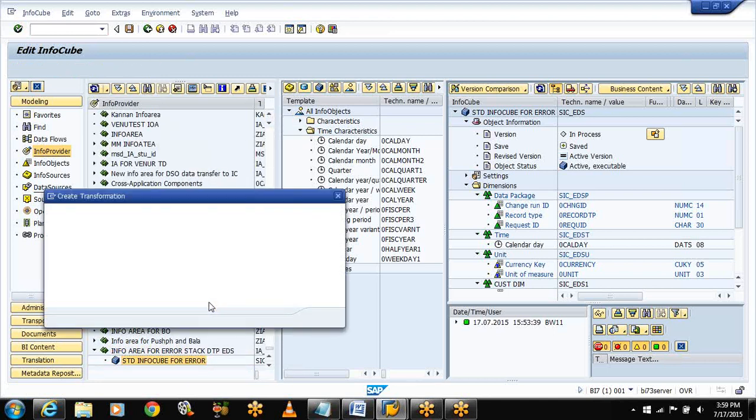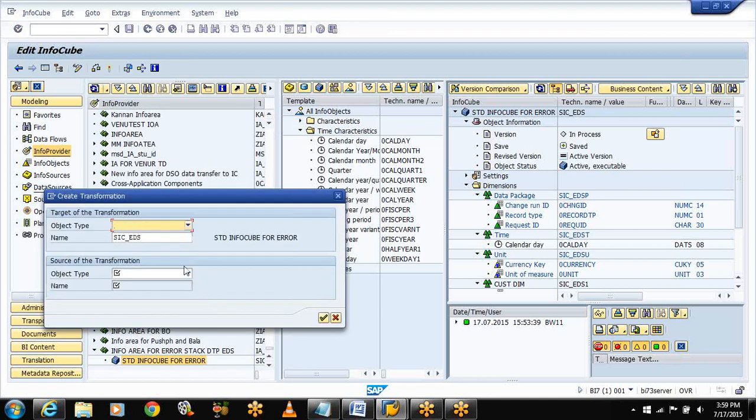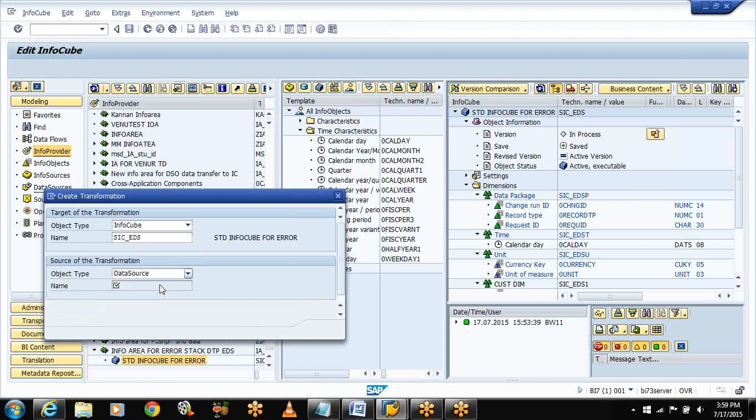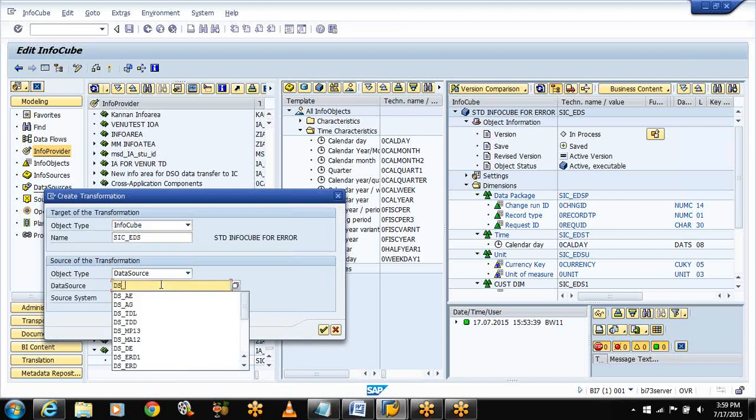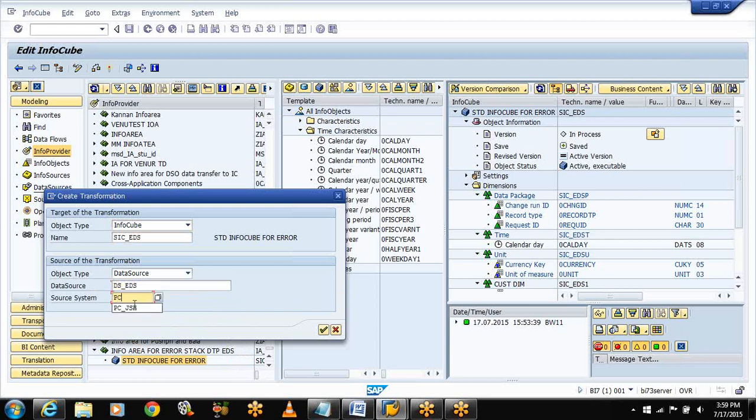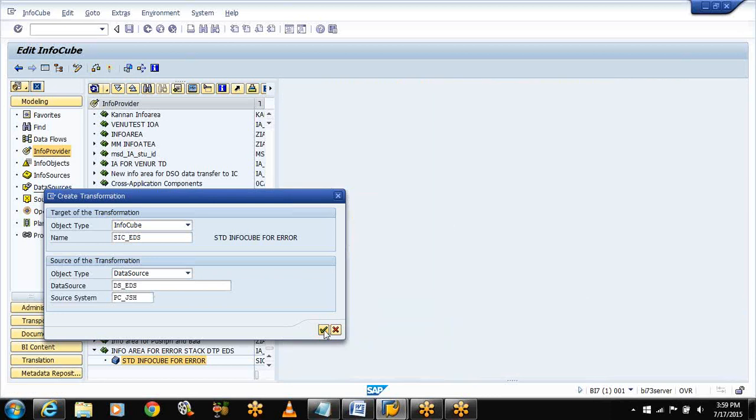Now we have to give the source type. At the data source level, it is the reverse. Now select this. I have the source data source. What is my data source name? DS_EDS. The source system is PC_Josh. Select continue. Create transformations.